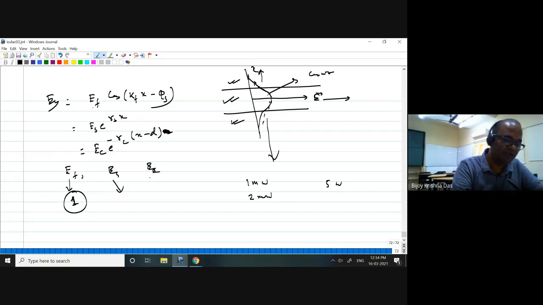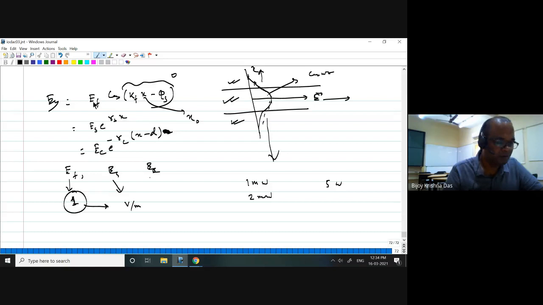Mathematically, I can consider EF equal to 1. 1 means I can write 1 volt per meter, electric field, is it not? It's volt per meter. So if this part is equal to 0 somewhere, at a particular point, say x naught, that particular point I am supposed to get the maximum field strength, right? And suppose I consider 1 volt per meter there as the maximum, and then as you change your x value, depending on phi_S, a certain value will be there. So you will get a drop like a cosine function, right?